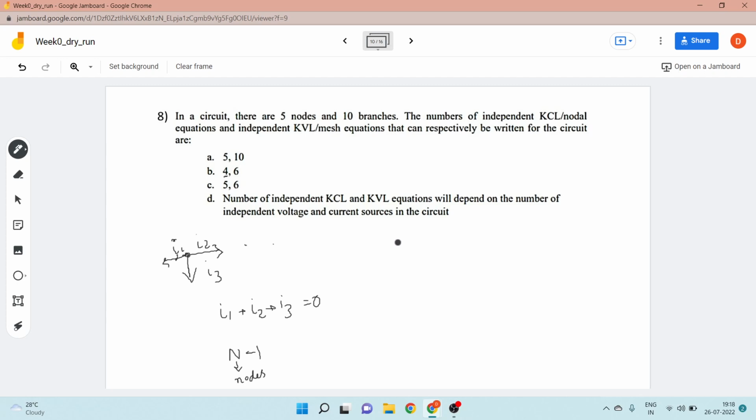Now let's look into the KVL loops. In case of KVL loops, suppose